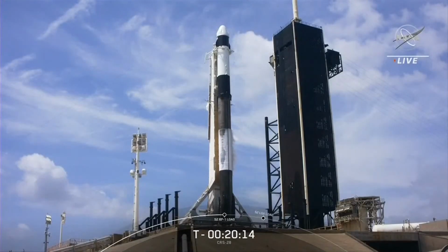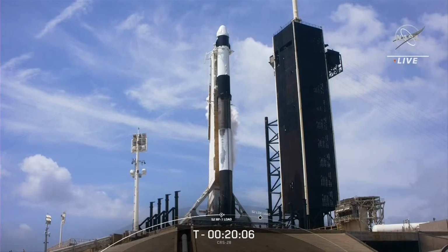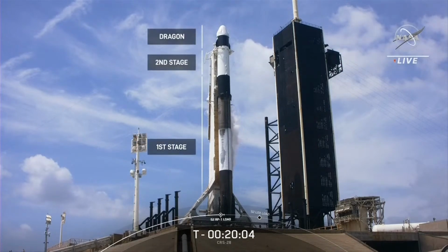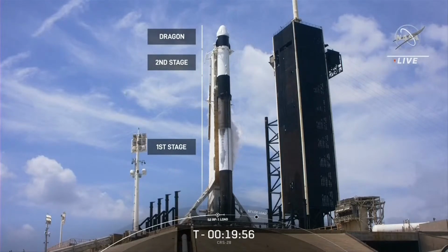On your screen right now is a live view of SpaceX's two-stage Falcon 9 rocket with our Dragon spacecraft at the very top. Dragon is one of the few vehicles that can deliver significant cargo to the space station and the only vehicle that can deliver cargo from it. To date, Dragon has visited the station 37 times and transported 280,000 pounds of cargo back and forth from